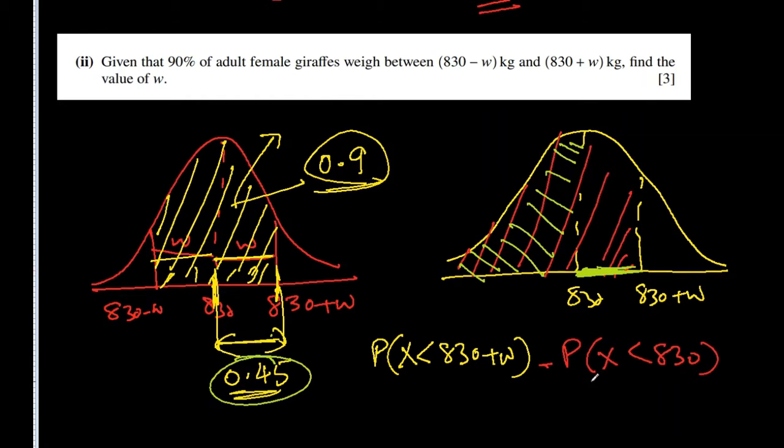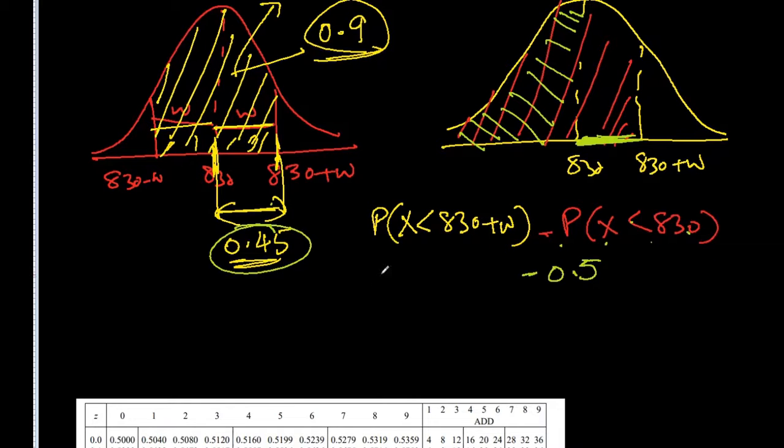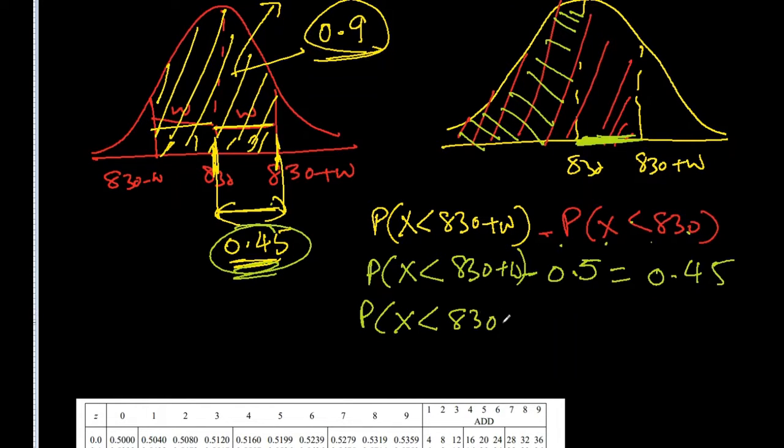And we know the probability of X less than 830 is 0.5, isn't it? That means we have to have the probability X less than 830 plus W minus 0.5 equal to 0.45, which we just found out. What this means is that the probability of x less than 830 plus W will be 0.45 plus 0.5, which is